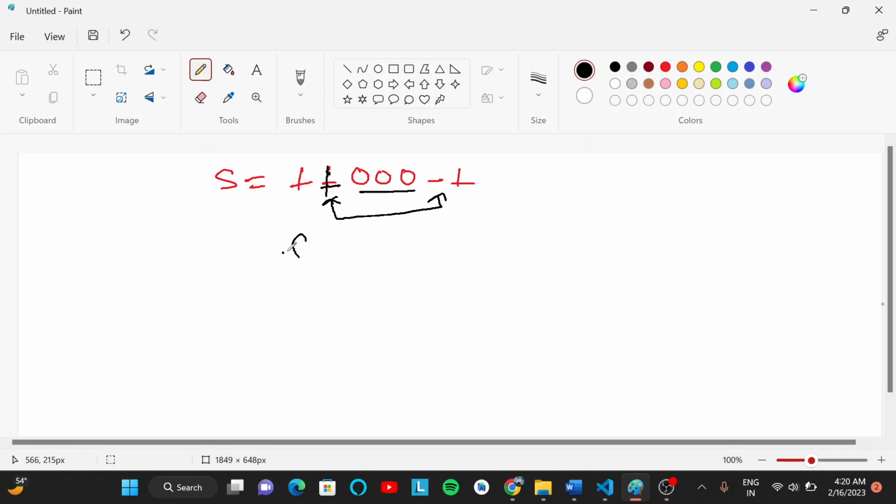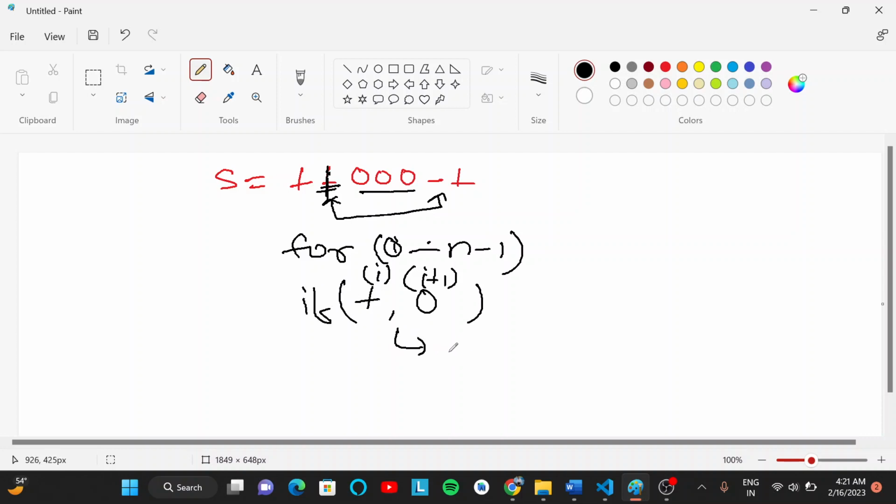So for that we need to run a loop from 0 to n minus 1, and what we will do is check if we have two consecutive elements, plus and 0. Like here we have a plus at the ith index and the very next element is 0 at the i plus 1th index. Then we will continue the further iteration from i plus 1 to n minus 1 inside this if statement,